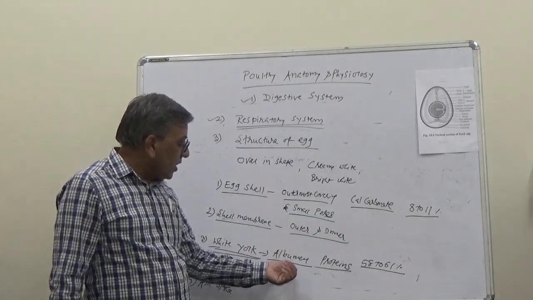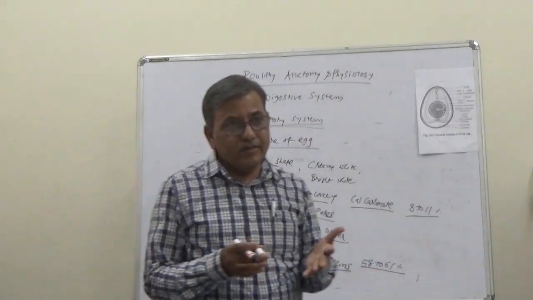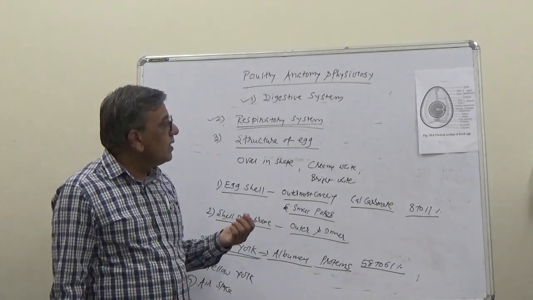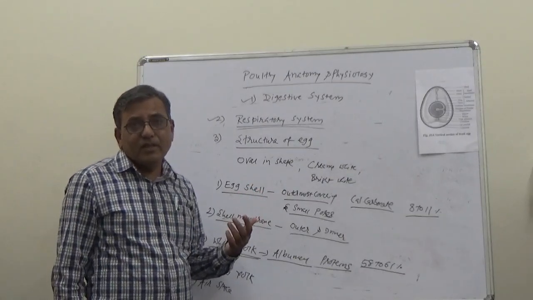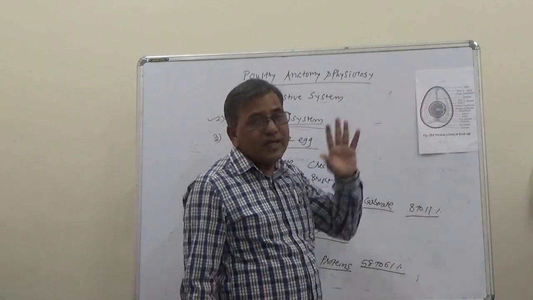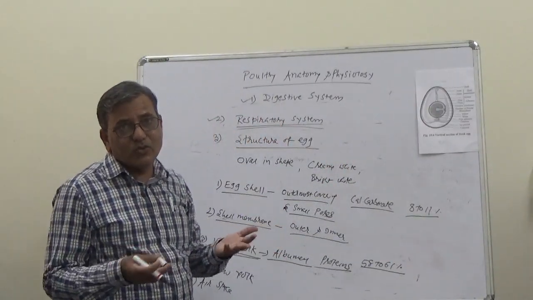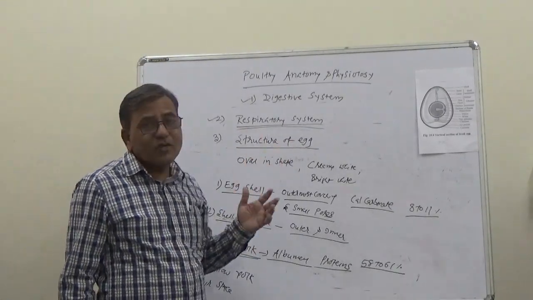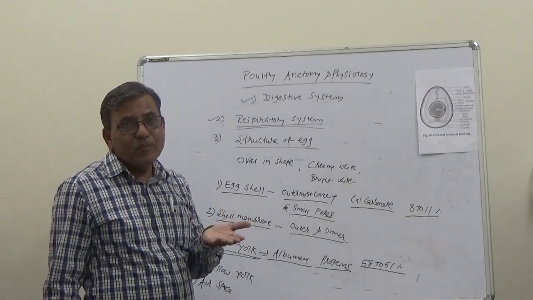It is also called albumin, and it is rich in proteins. When the embryo is growing inside the fertile egg, it is the arrangement made by nature that the embryo will get the food, particularly proteins, for cell division and its growth inside the egg only, because these animals are called oviparous. The young one is growing outside the body of the mother.